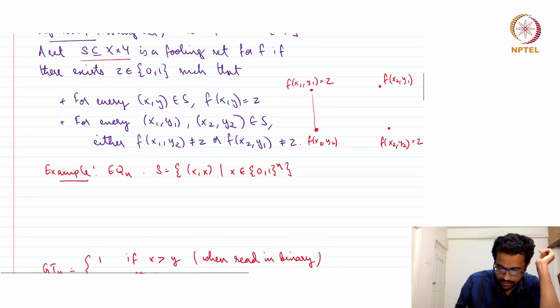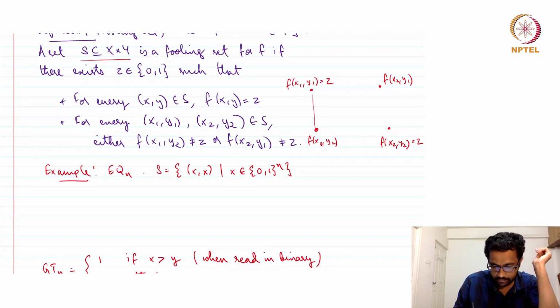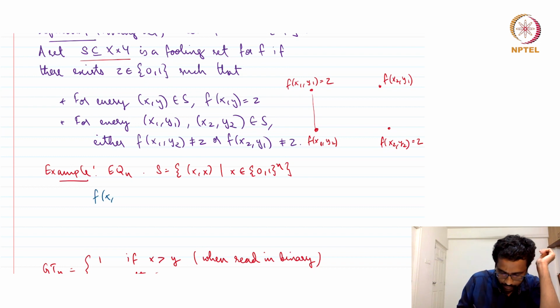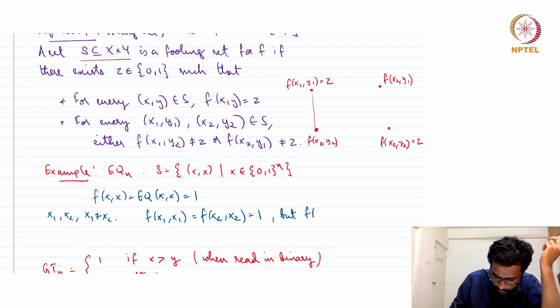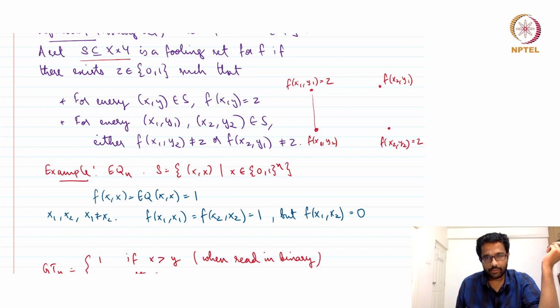Equality. So consider the set of all numbers x comma x, and we know that f of xx, where f is equality here, is 1, because these are equal. But consider x1 and x2, where x1 is not equal to x2. We know that f of x1 comma x1 and f of x2 comma x2 is equal to 1, but f of x1 comma x2 is equal to 0, it's not equal to 1. So any x1 and x2 that you take, f of x1 comma x2 is not 1. So this means this is a Fooling set,